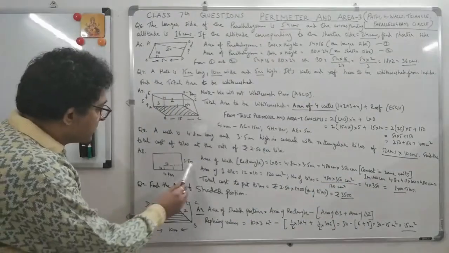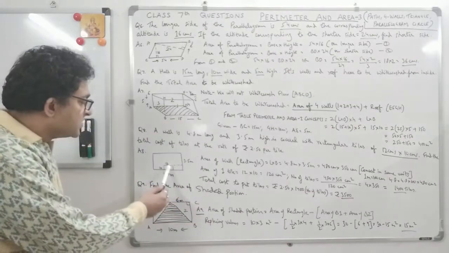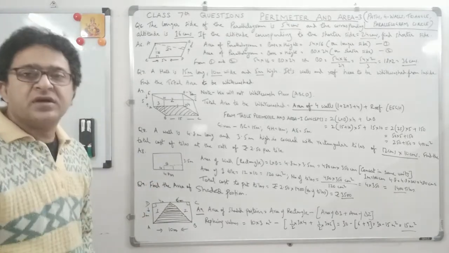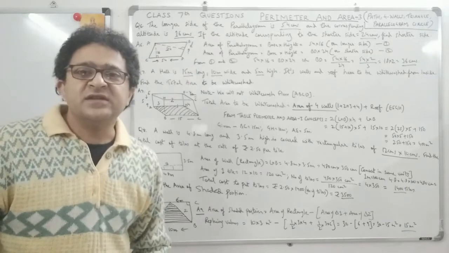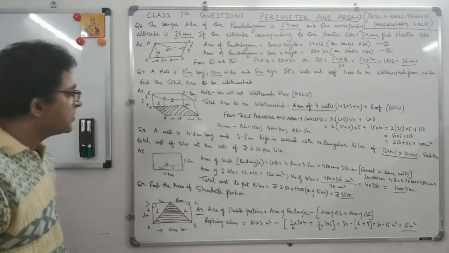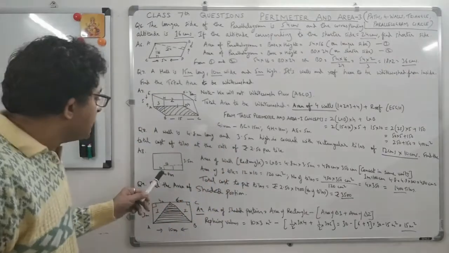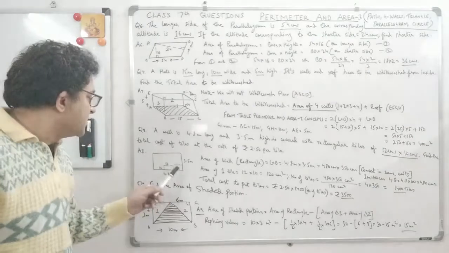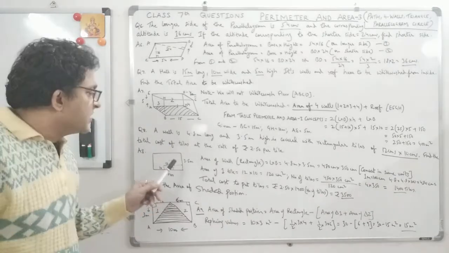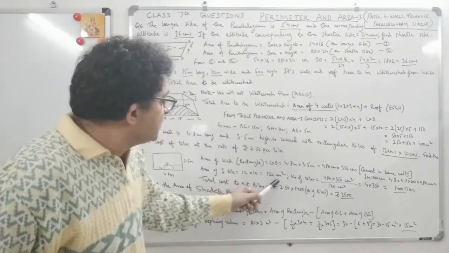Because it is meters and meters. When you calculate this area, it is in meters. But then the tiles is in centimeters. So always convert in the same unit, so that the units can be cancelled and you will get the number of tiles. First you get the number of tiles because you already know cost of one tile, and you want to cover this whole area by number of tiles. So this area divided by this area of one tile. So area of one tile is 12 into 10, mentioned to you, 120 centimeters square, right?